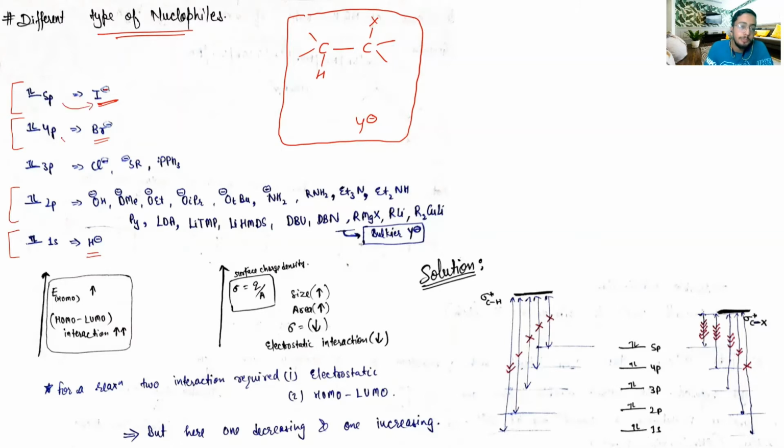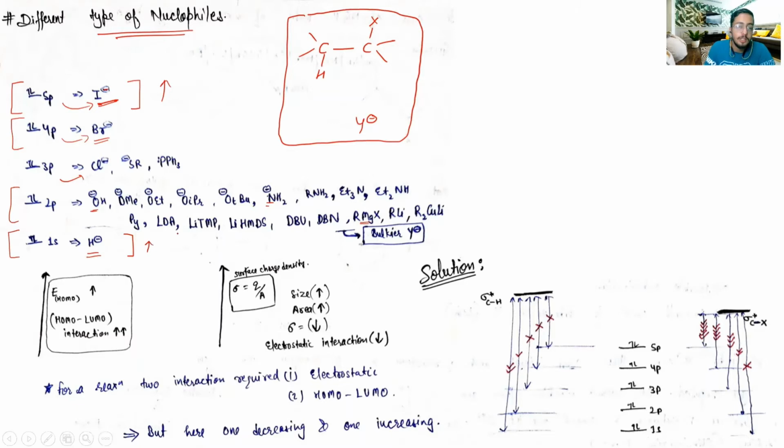I denoted them as 5p, 4p, 3p. Similarly, in 2p nucleophiles, the negative charge resides in the 2p atomic orbitals. See, oxygen, nitrogen, and in the Grignard reagent, carbon, have the negative charge. All these have their negative charge in the 2p atomic orbital. Also, one thing to notice here is that the HOMO of this 5p nucleophile is much higher in energy as compared to the HOMO of this